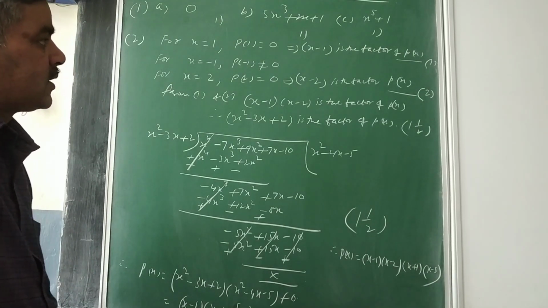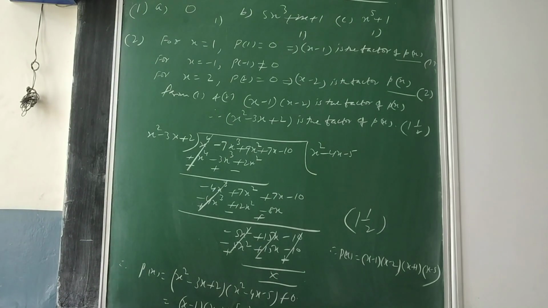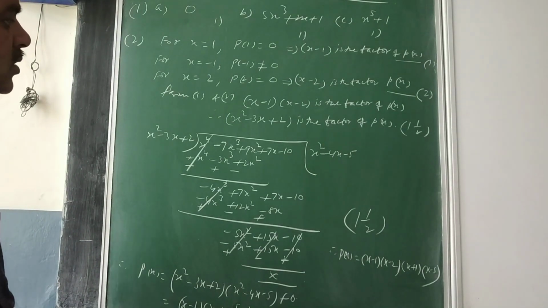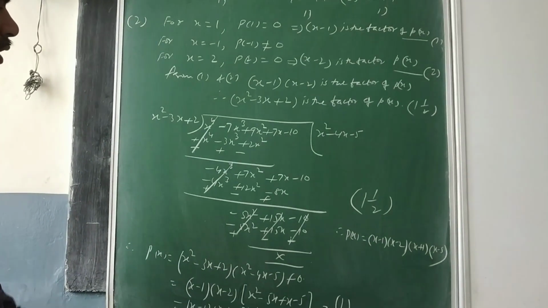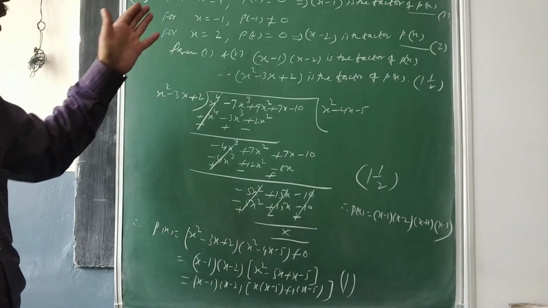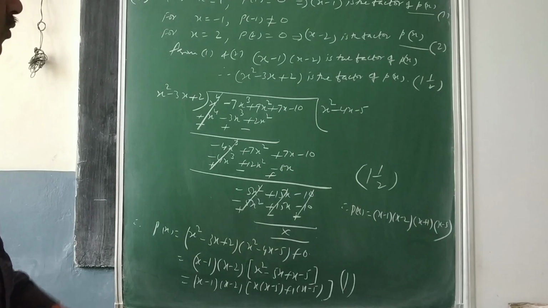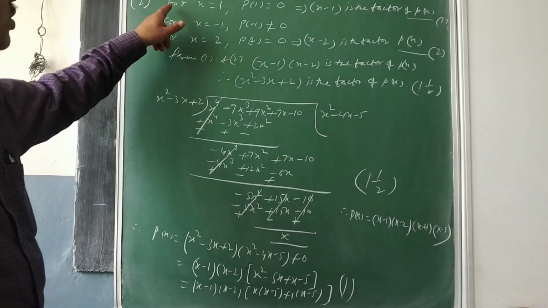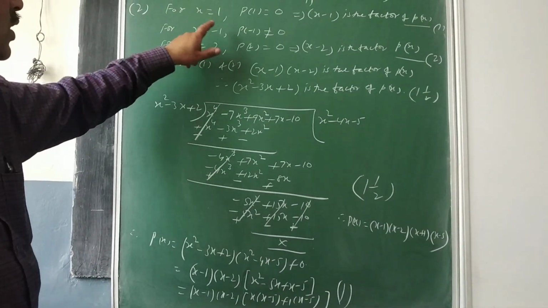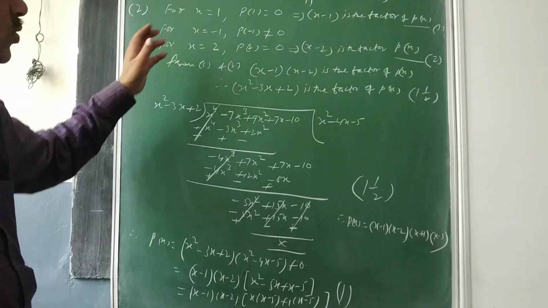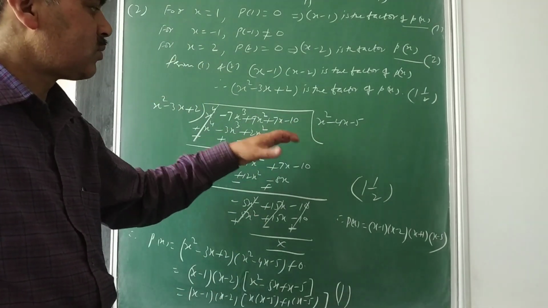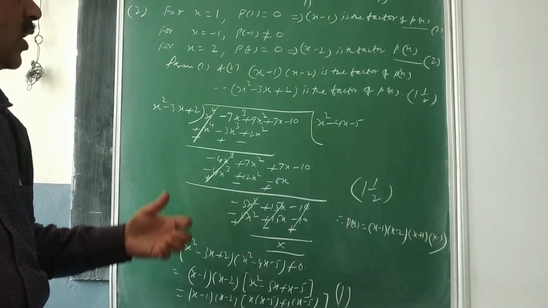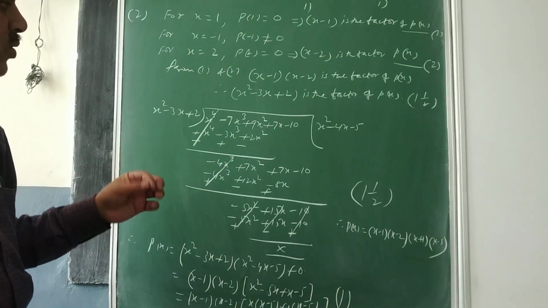I said there is a need to apply the trial and error method to factorize these kinds of polynomials, whether that is cubic or of degree 4 or of degree 5. And what was that? I told you, you can start with x is equal to 1, then x is equal to minus 1, then x is equal to 2, then x is equal to minus 2. Or I told you to go through the factors of the constant term, like 1, minus 1, 2, minus 2,